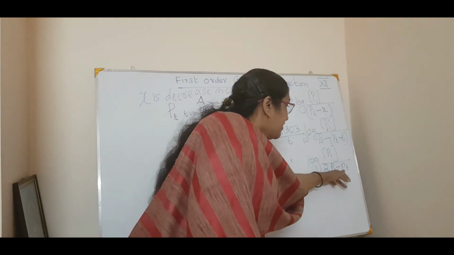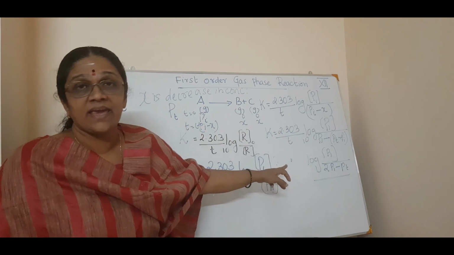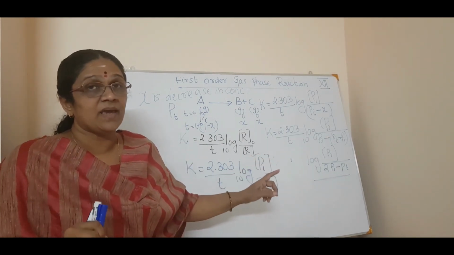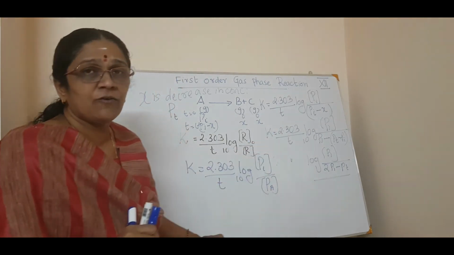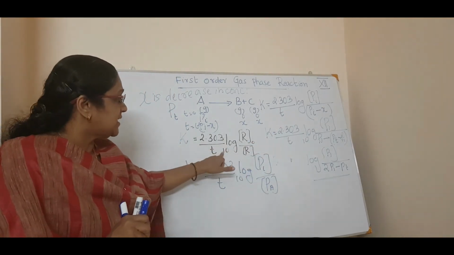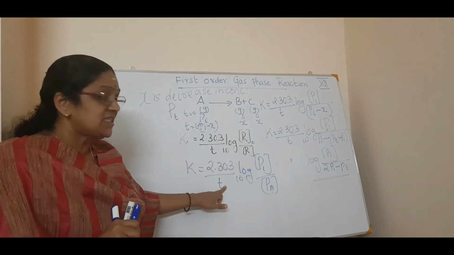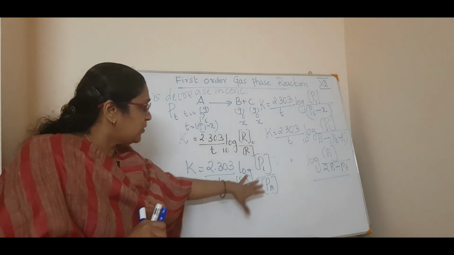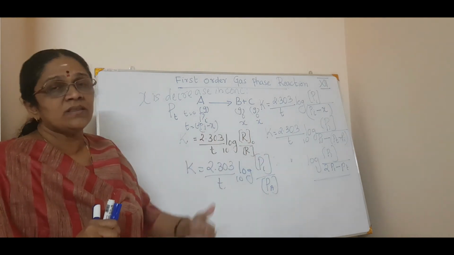If Pt is given, Pi is given, you can calculate the k. Correct. If you want to calculate the x, you know Pt minus Pi. So it is just the rearrangement of all that. That's all. But the funda equation is this. This you have to study. This is for the other one and this is for the gaseous phase. Just study these concepts, then you can try it out as and when the numericals come.